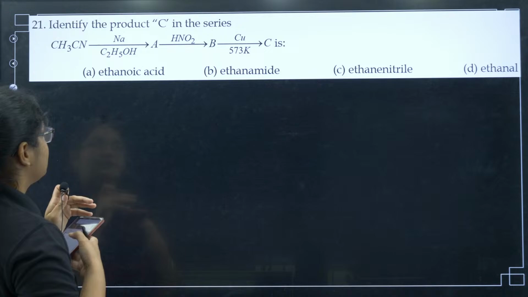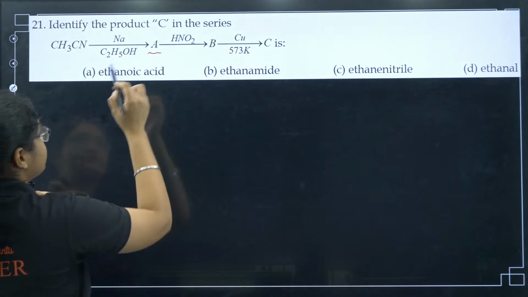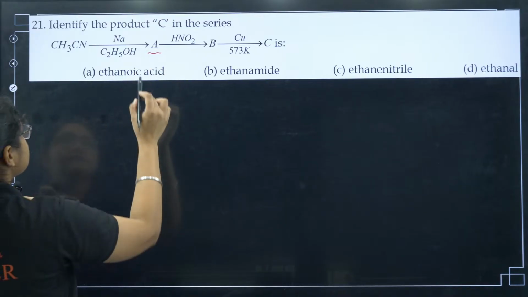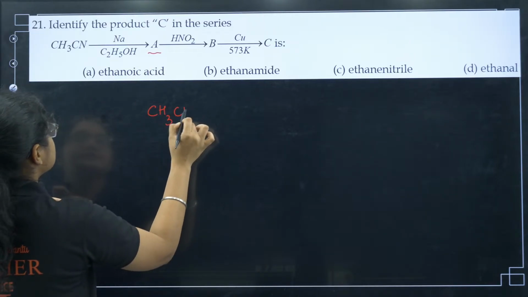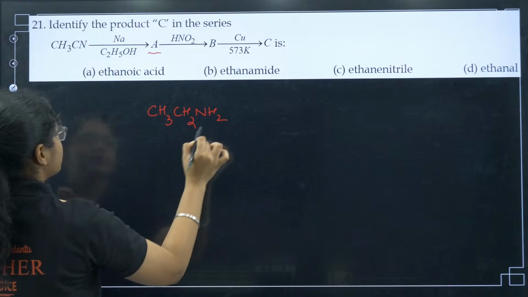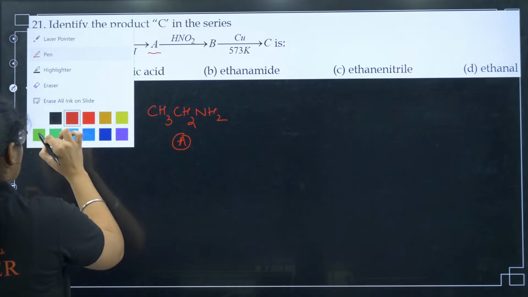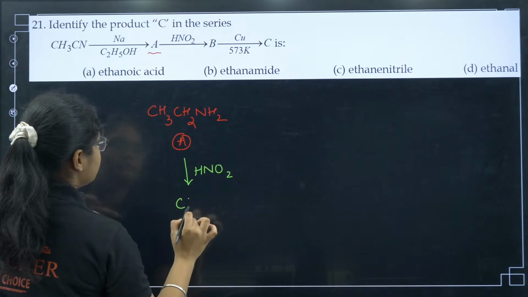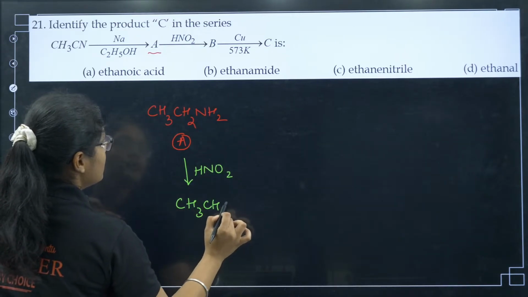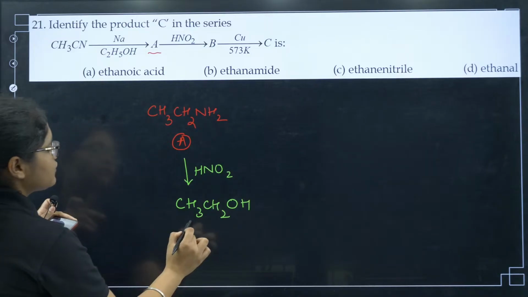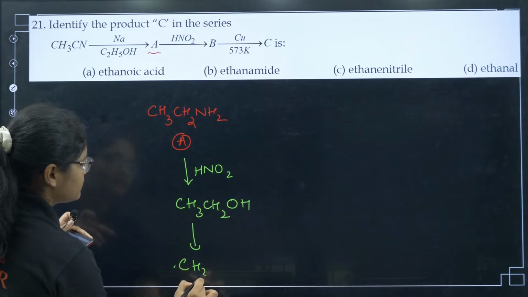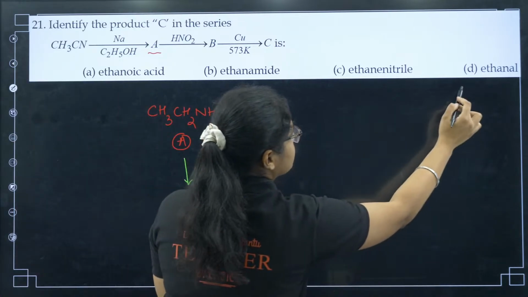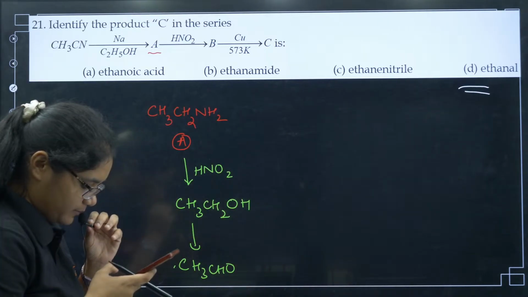CH3CN with Na and C2H5OH. Okay, so that one will first give me what? Can we identify what will be the product? This one will give me CH3CH2NH2. Okay, that is your A. Next, what will happen? If I treat it with nitrous acid, that is HNO2, that will give me CH3CH2OH. Okay, next with copper at 573 Kelvin, it will oxidize to give me CH3CHO, or that is your ethanal,